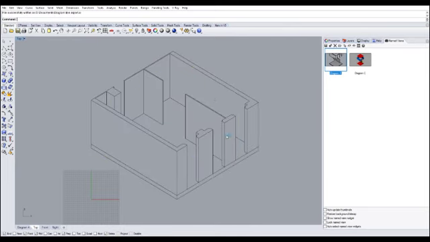Now that your line drawing has been saved as the Illustrator file, let's save this file since we're done with Rhino for today. Let's call this